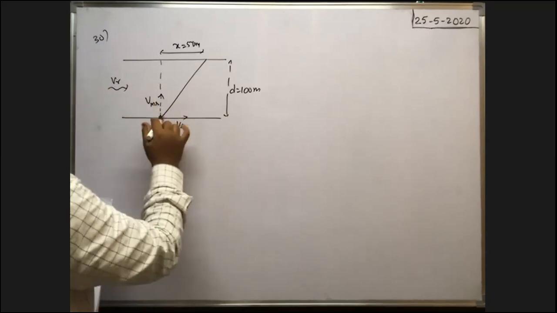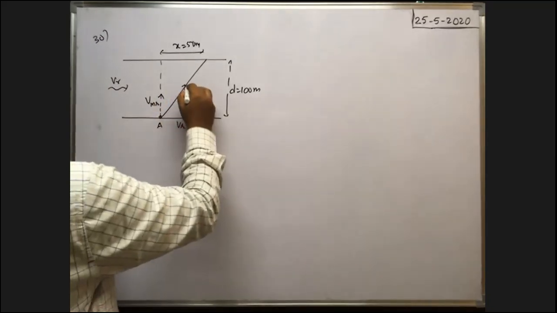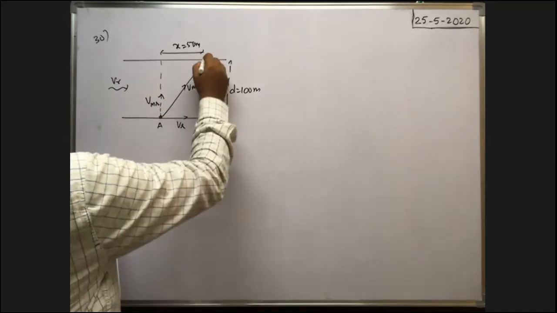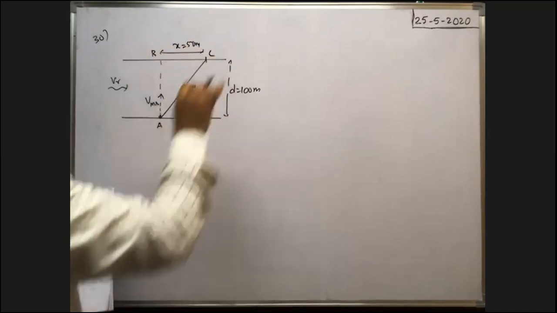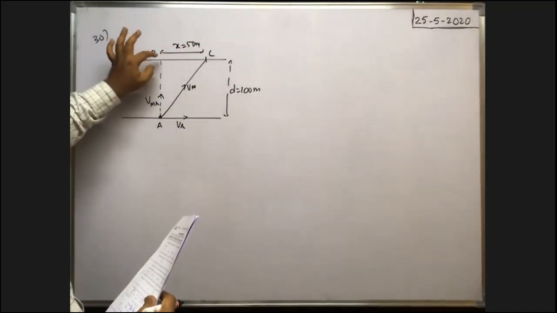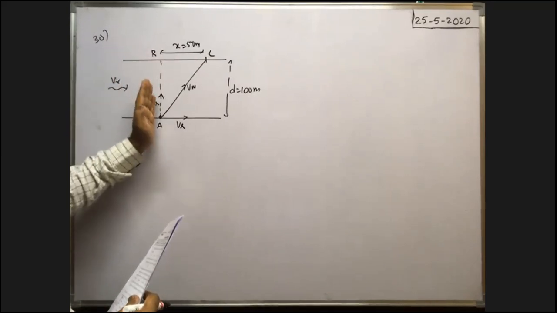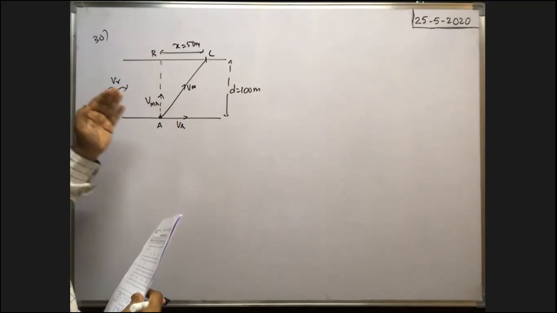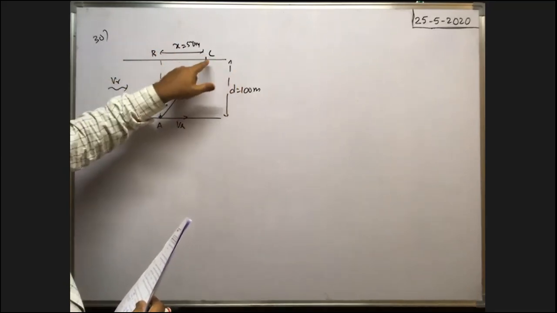The resultant of these two is in this direction. That's why, when you observe from the ground, the velocity of the man is along this direction, and he reaches the point C, 50 meter downstream. Actually, the man wants to travel from A to the exact opposite point B on the other bank. But as the man swims like this, because of the river flow, which pushes him towards the right, he finally reaches the point C after crossing the river.